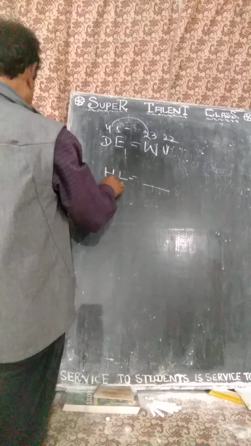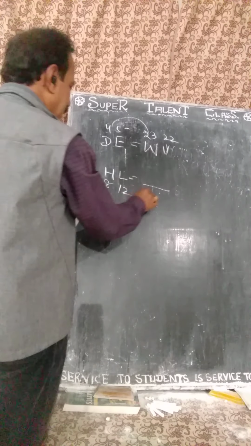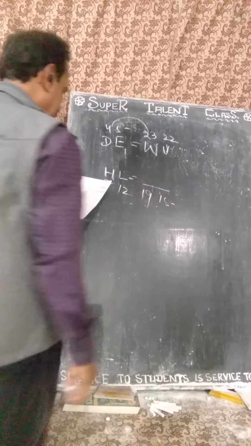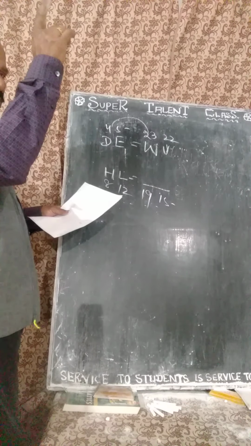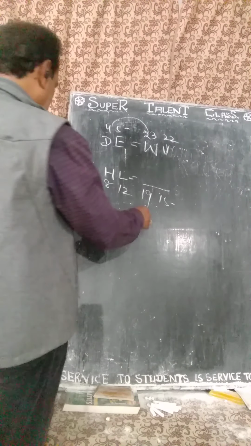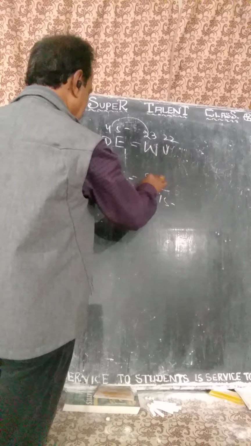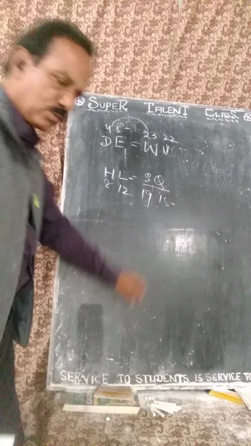Now see, H is 8 and L is 12. If it is 8, it will be 19. Then 12, it will be 15. Numbering is required here. You cannot write first to last. So that is 19 and 15, that is S and O. This is important logic. I have told you one question.